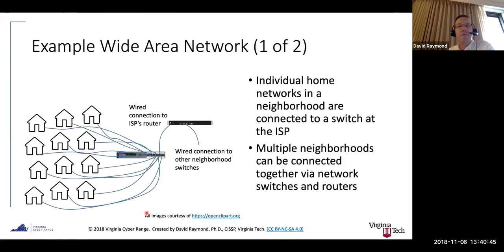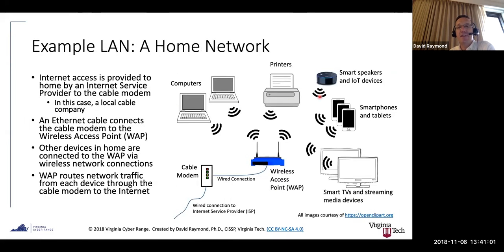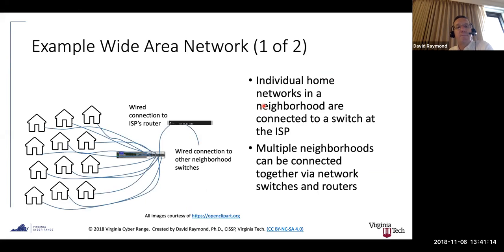And so now that we know about some of the different network components, let's talk a little bit about wide area networks. And here in my example, my drawing is not great, but here we have multiple home networks. So let's imagine that each one of these looks something like this, right? Each one of these homes has a cable modem, and the cable modem is connected to a wireless access point, and then you have multiple individual devices inside the home network. So imagine that each one of these little home icons is one of those, and now the cable company is going to aggregate all these connections from these different home networks.